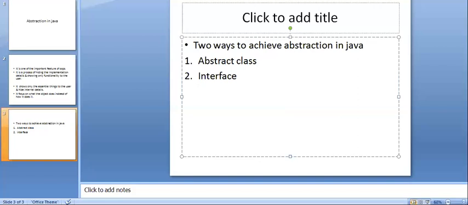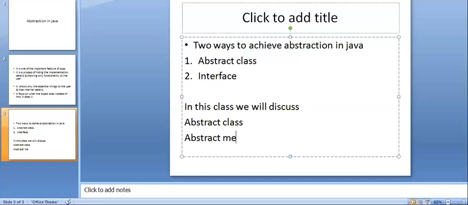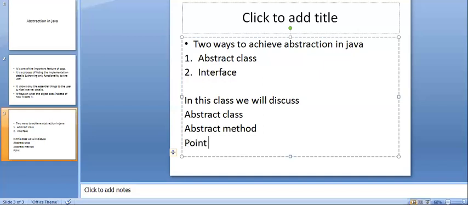In this class, we'll discuss what is an abstract class, what is an abstract method, and the points to remember regarding the abstract class.